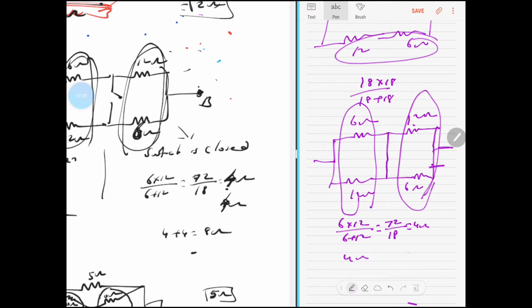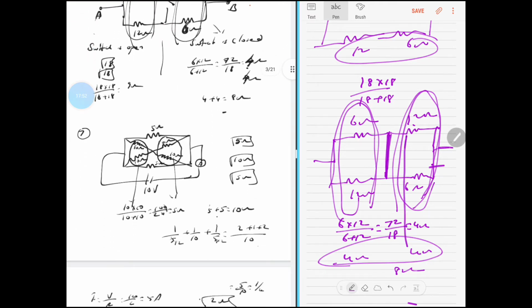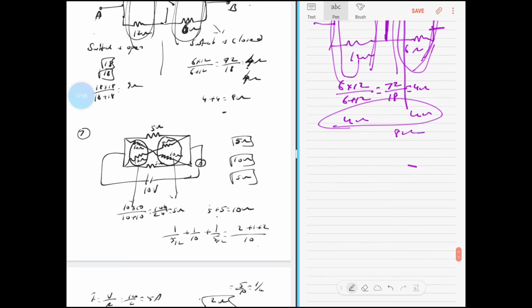There's a 4 ohms and a 4 ohms, and those two are together in series. That's 8 ohms. There's a different method, but there's no resistor here. It's just a wire. So I could consider these two to be in parallel, these two to be in parallel, and the resultant of these two to be in series. So you should understand these tricks of solving these resistance sums. Most of these are only entrance exam questions.